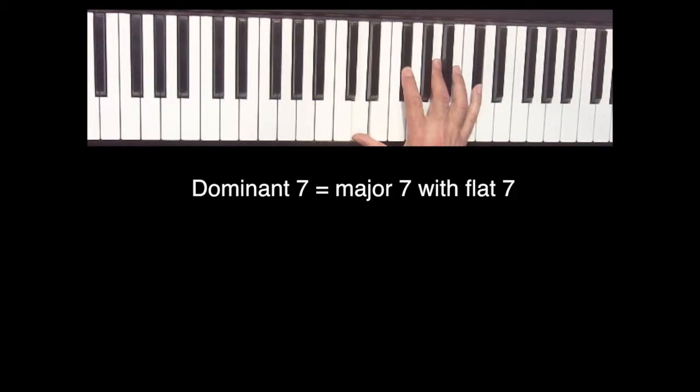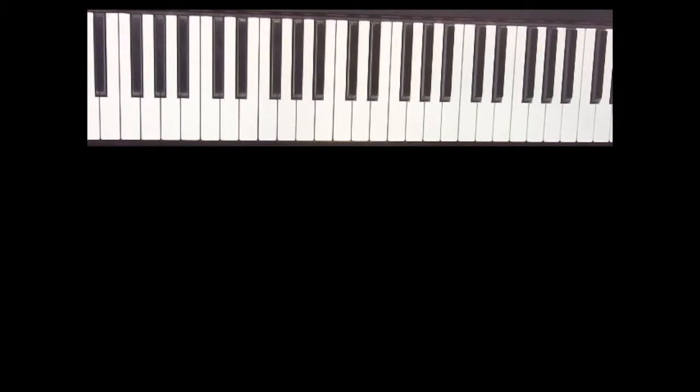Take this top note, flatten it, and that is a D dominant seventh. The third chord we're going to look at is a minor seventh. When we played this row,